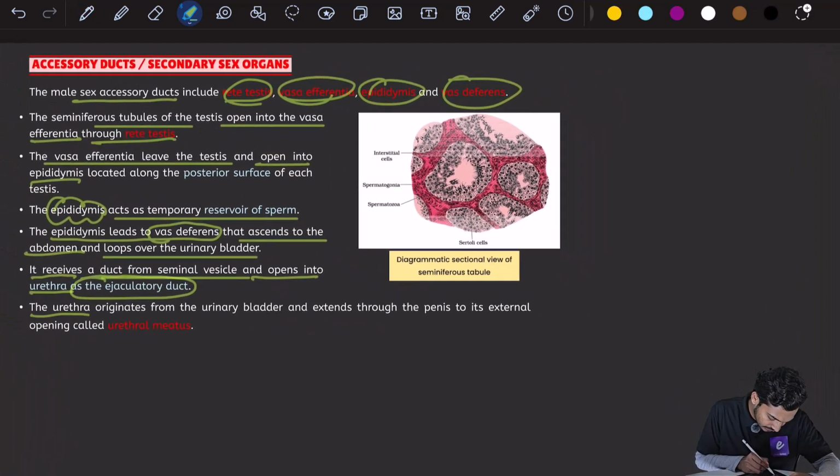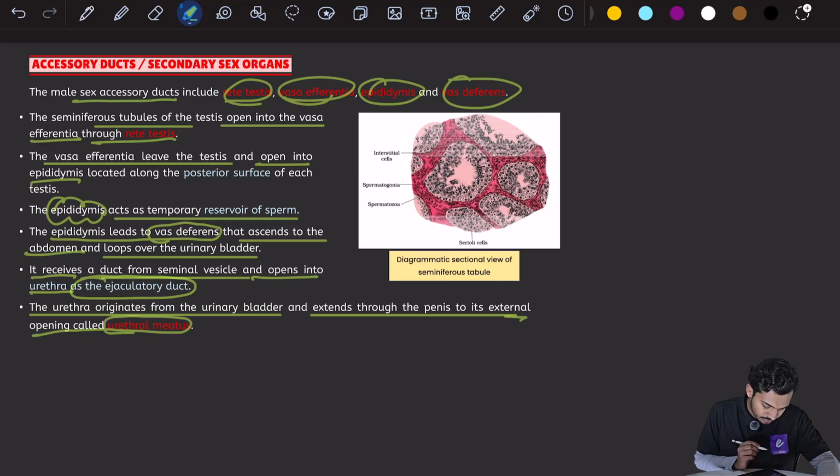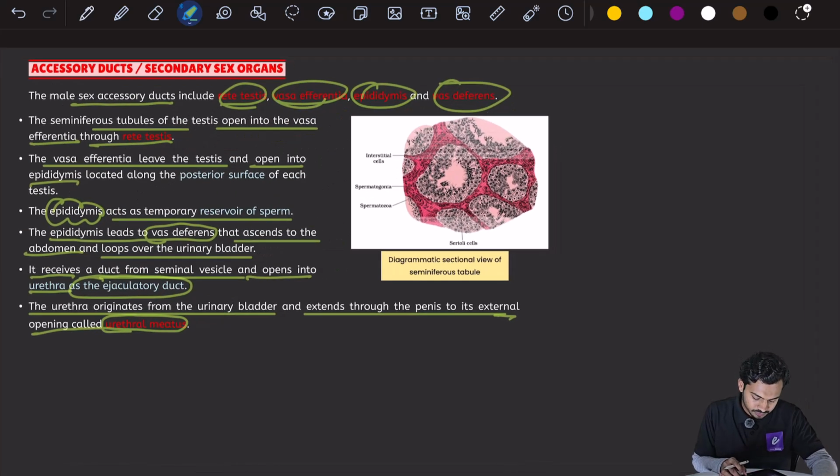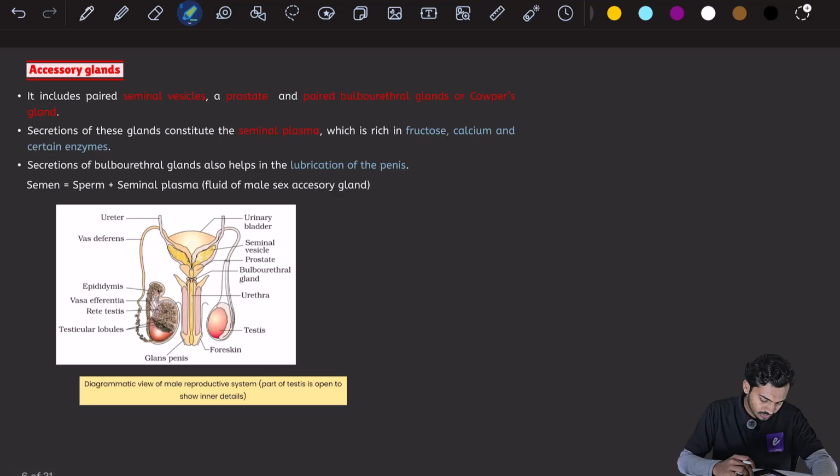तो आप देख सकते हैं कि द यूरेथ्रा ओरिजिनेट्स फ्रॉम यूरिनरी ब्लैडर से यूरेथ्रा स्टार्ट होगा एंड एक्सटेंड्स थ्रू द पेनिस. पेनिस के थ्रू जाएगा एंड इट विल ओपन आउटसाइड एज एक्सटर्नल यूरेथ्रल मीएटस। अंडरस्टूड? ओके ओके नाउ